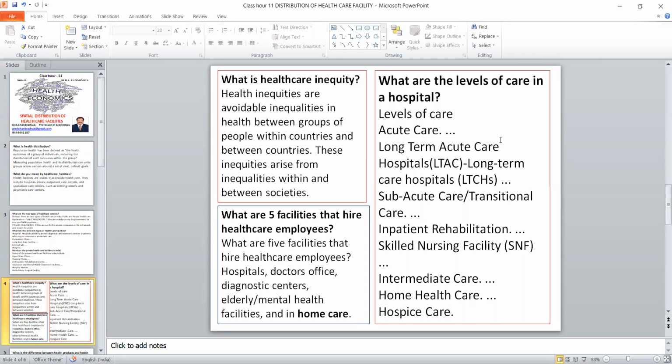But unfortunately, we are not able to give an equal kind of service to the